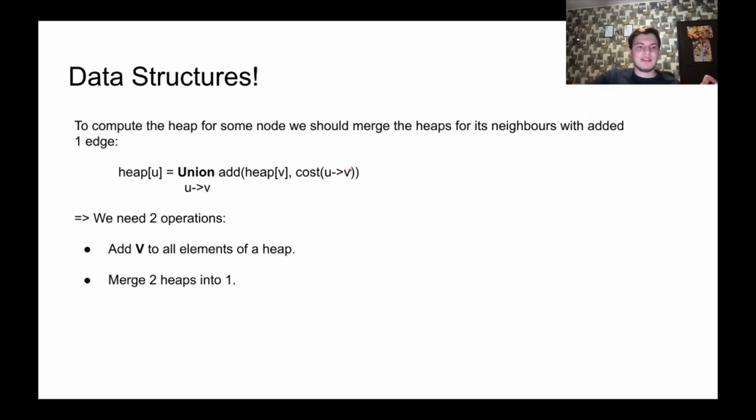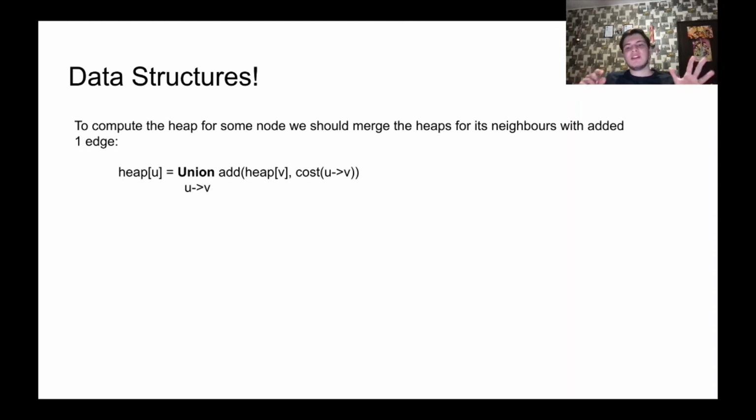And the answer will be the heap of the super source. We extract the heaps like that, going through the topological order. Then we have the max heap of all paths that start in the source and end in the sink, the super source and super sink. This is basically our problem, because we just want the k largest values in this heap. So now the only problematic thing is to actually